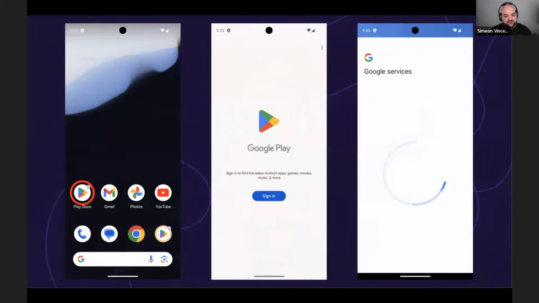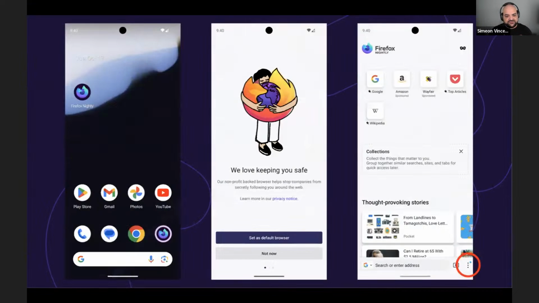So from the Google Play Store, you're going to open the Google Play Store. You're going to need to log in. Unfortunately, this does require you to have a Google account that you log into. But once you've done that, you can search for and install Firefox. Once Firefox is installed, go through the initial welcome screen. And then once you're on the initial Firefox homepage, tap the vertical 3-dot menu in the bottom right corner,